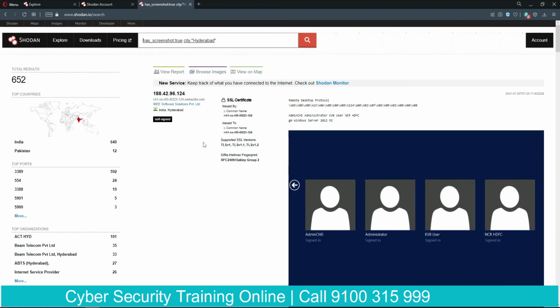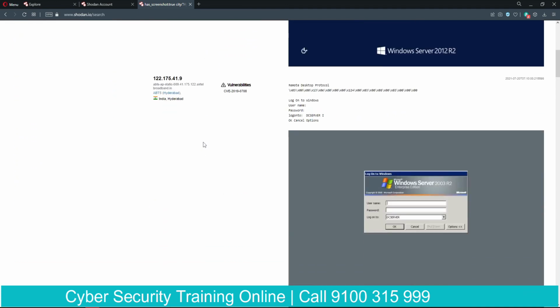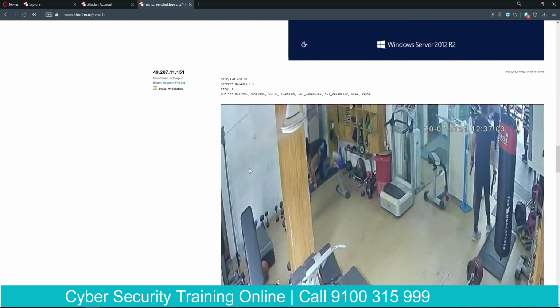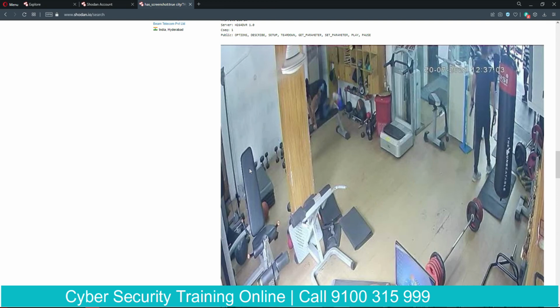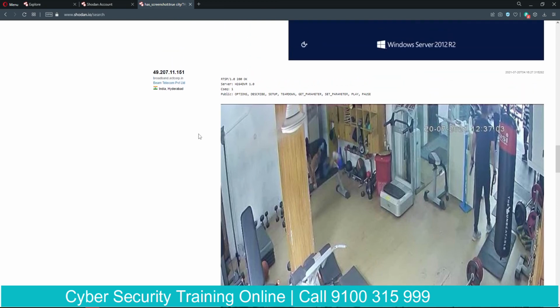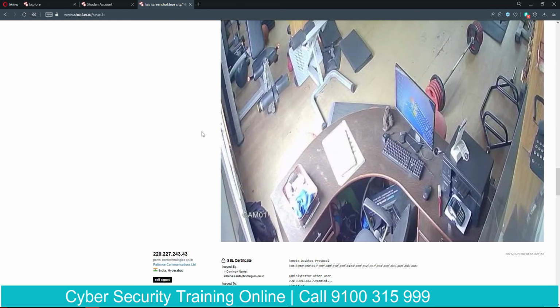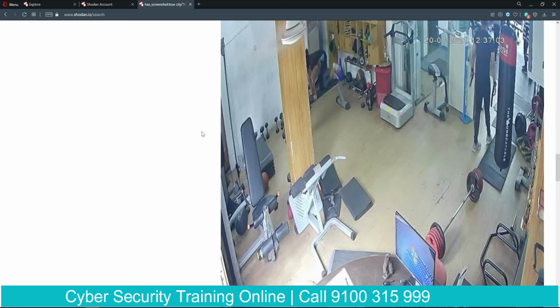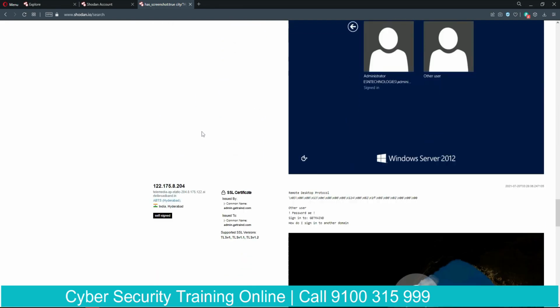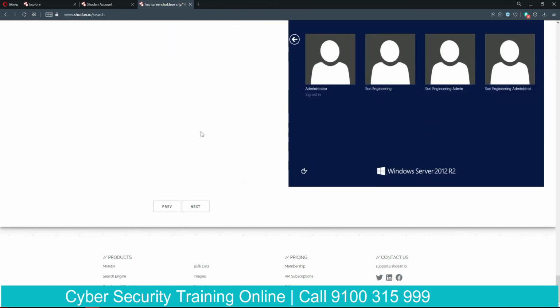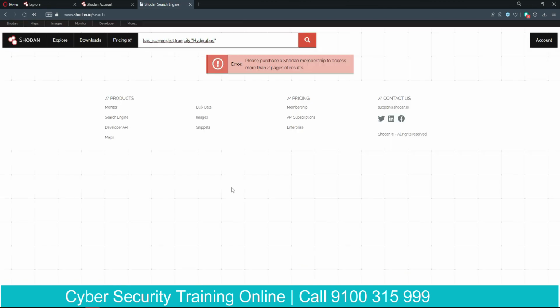Now again, now you can see some more devices with the usernames already written there, and this is really not good because actually we can see somebody's gym location here. Okay, and yeah, so that is how dangerous exposing the devices can be, and not monitoring the devices or not checking if the device is exposed to the internet would happen here.